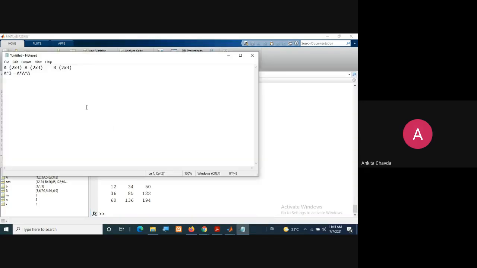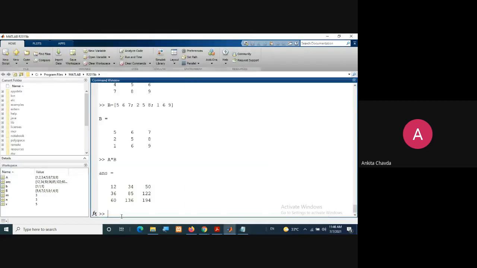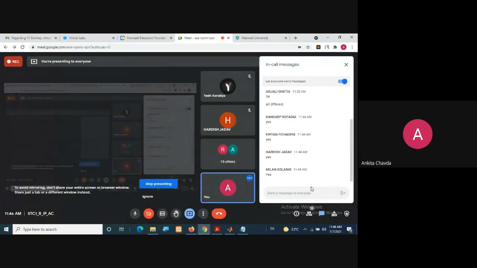Or you can check that the first matrix's columns and the other matrix's rows are the same. Then it will also work. So here A into A will work, and A raised to 2 will also work. I hope now it is clear.